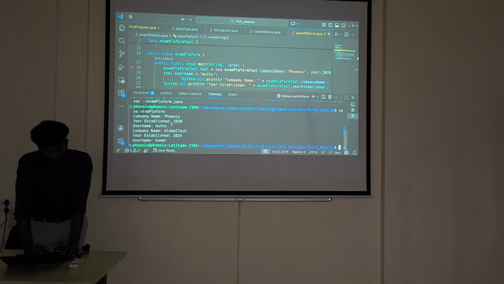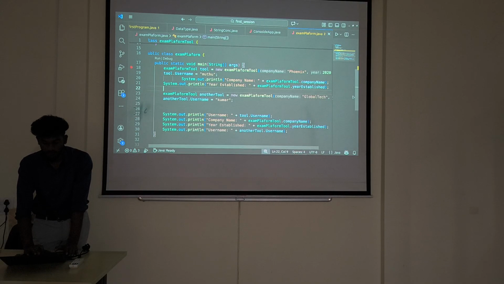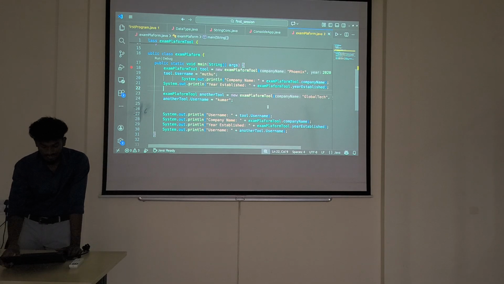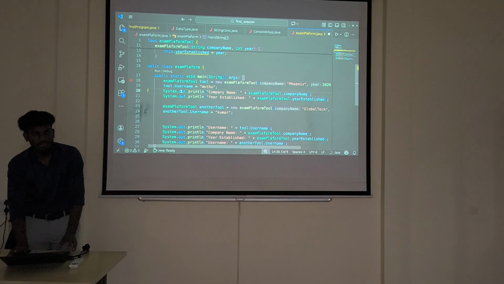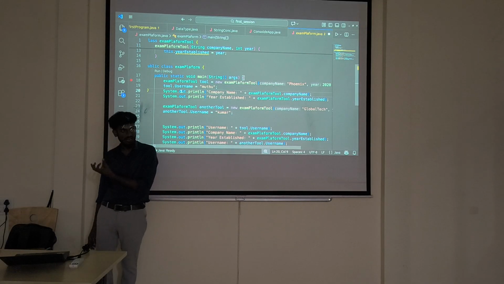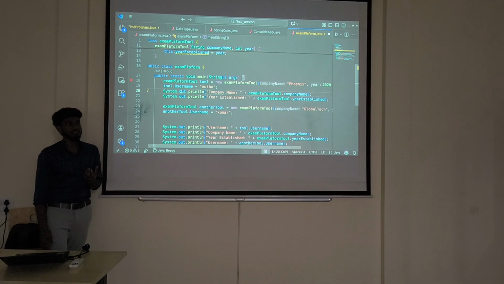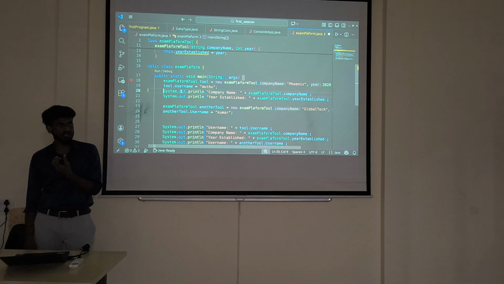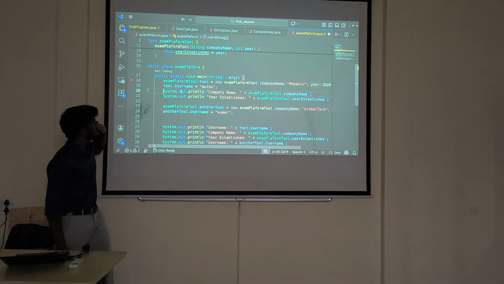Can you see? You can see the company name as Phonics and the year of establishment as 2020. But here, don't get confused, and understand the things. Why? Initially it is coming properly because the other value was not yet overridden. But in the last, when you try to access the value, it got overridden. So what is the exact meaning of that override? If you are using static, it will create